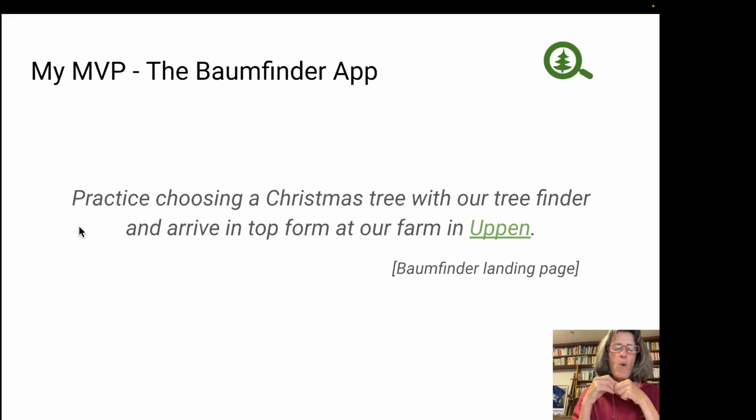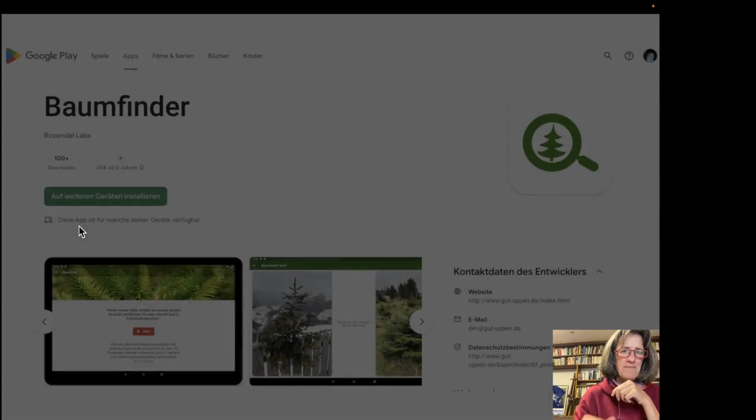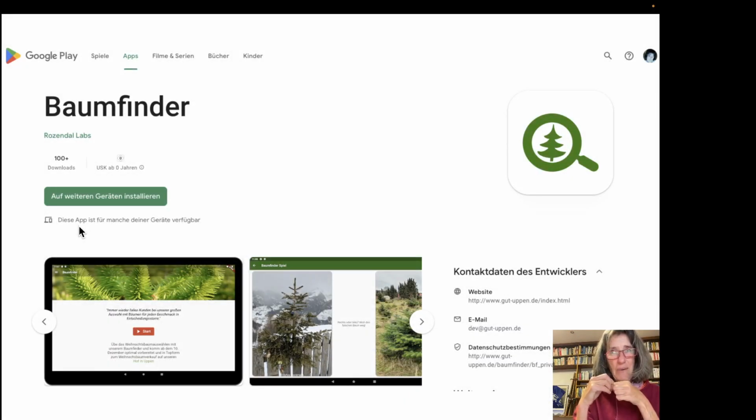So, what is the app actually doing? Since I knew that picking out a fresh Christmas tree is such a big deal for so many Germans, I decided to place my lockdown project around a tongue-in-cheek game to help with this. I hope you realize this is really tongue-in-cheek and a bit of a joke. Selecting a tree is not that difficult, and you don't really need an app for it. But this app served as a really good demo scenario for my purpose.